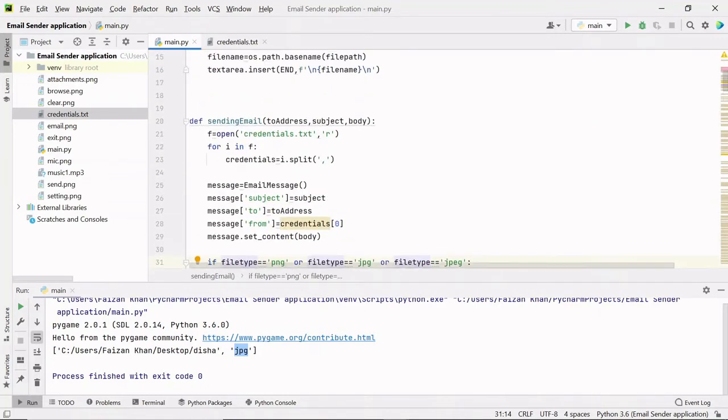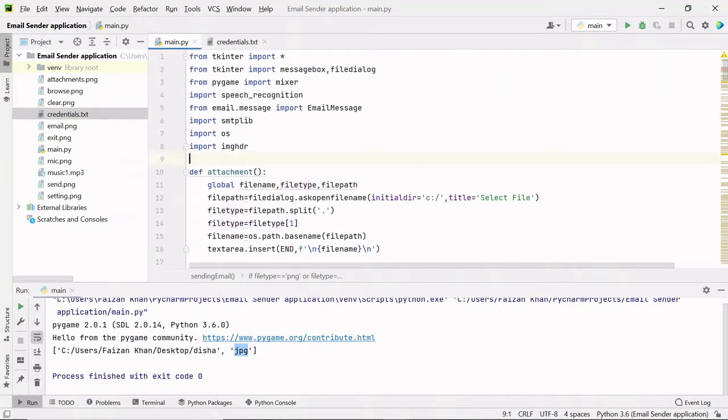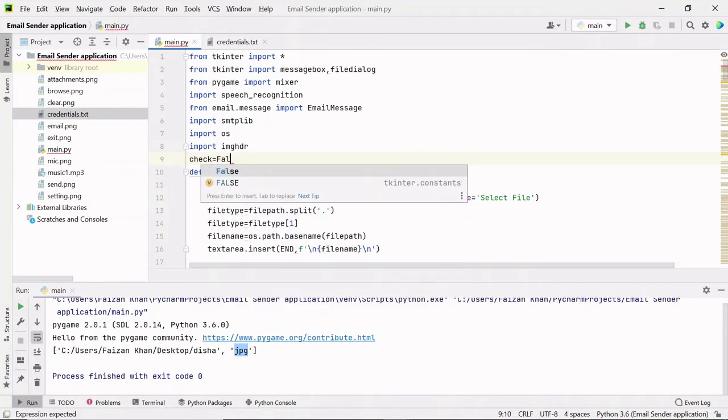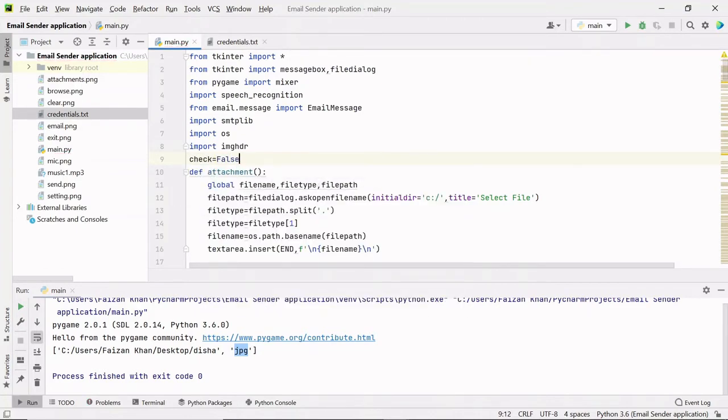So what I'm going to do is create a variable here, check, and initially I'll pass a false value to it. And if the user selects some attachment, in that case we will go inside this attachment function, right?